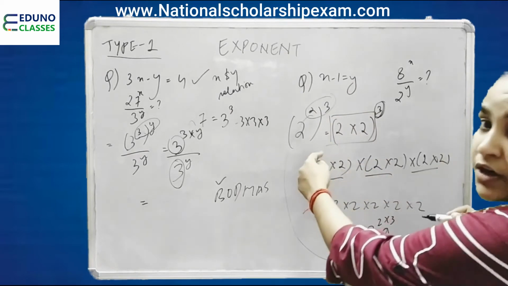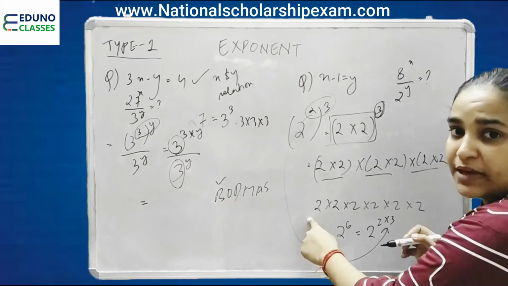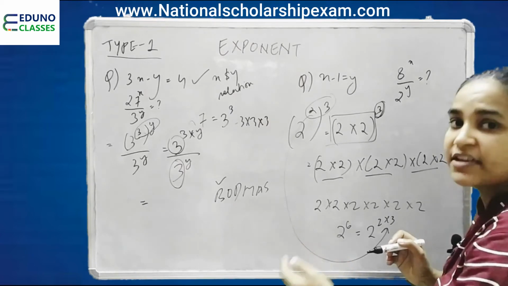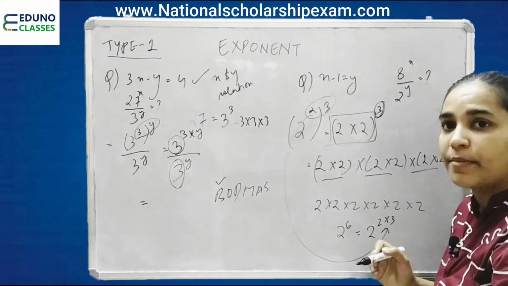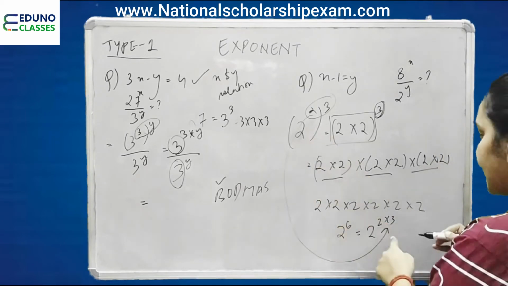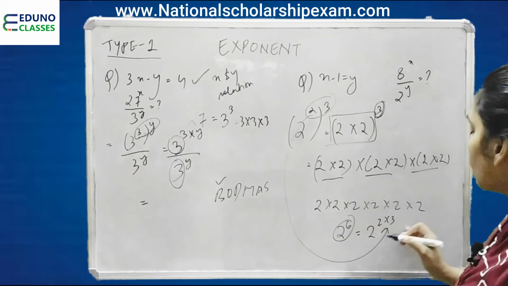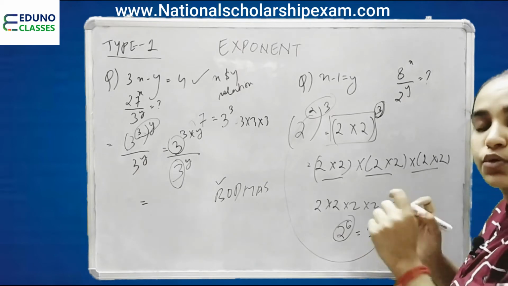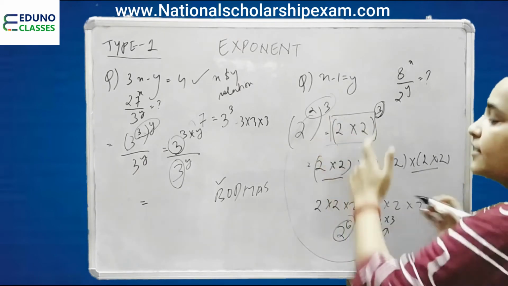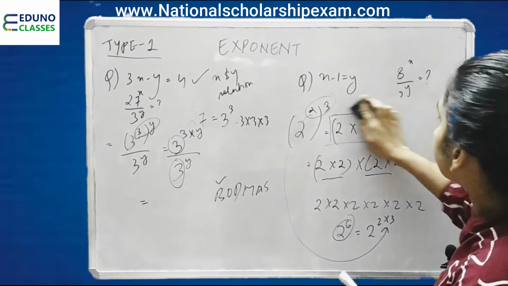So why follow this intermediate procedure and lengthen our question? It is not feasible for us to do that in our competitive examinations, right? So writing it directly as 2 into 3 would work for us, because we are getting 2 into 3 as 6. So (2 to the power 2) to the power 3 is 2 to the power 2 into 3. This is the identity. So this is what we are going to do here.